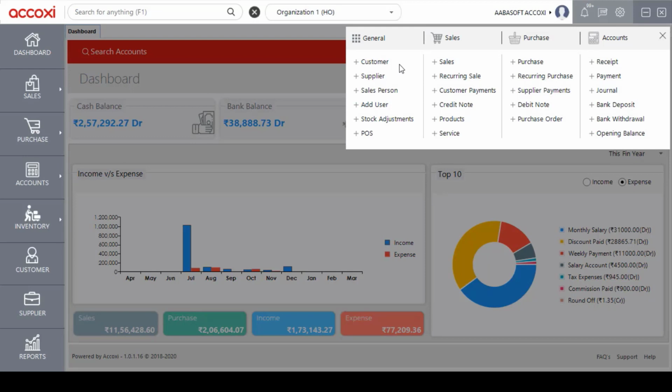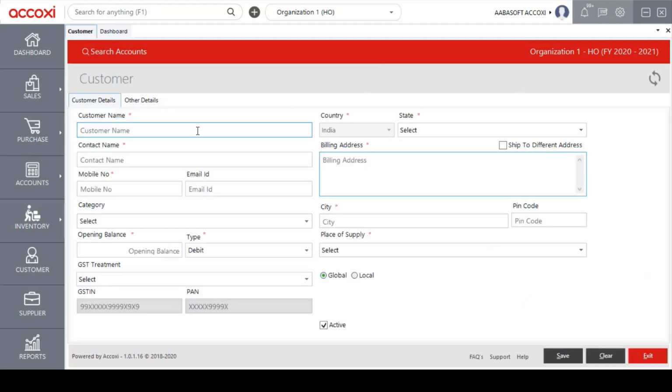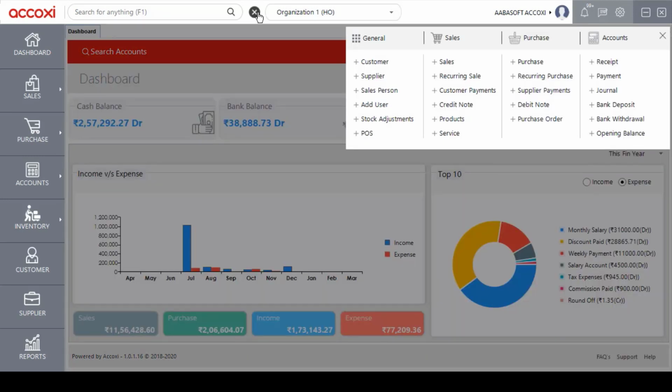For example, if the user wants to create a new customer, then the user can easily add a new customer by clicking on the add new menu and the customer master included under the general head. When clicking on customer, it redirects to the new customer form, and the user can create the new customer there. Similarly, the user can quickly add a new item within the forms that are included in the add new menu.